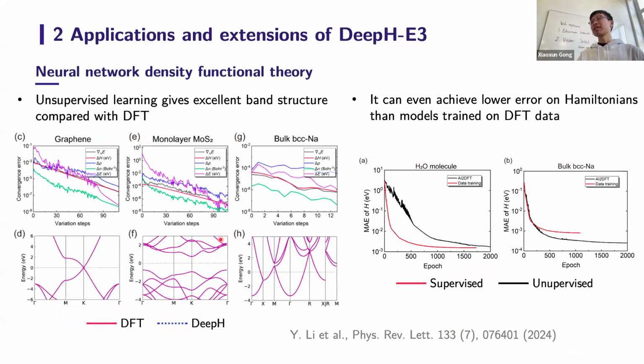We can do both. If the DFT calculation for the data set is cheap, of course we can pre-train the model and then do unsupervised learning. And if we don't want to do DFT calculations on different structures, for example, we already have a pre-trained model and then we have some complicated materials we want to predict the Hamiltonian for, but we also don't want to do DFT calculation, we can train our model using this unsupervised learning. And in this figure, we are not using any pre-training. We are just training the neural network from randomly initialized parameters, and then doing this unsupervised learning.